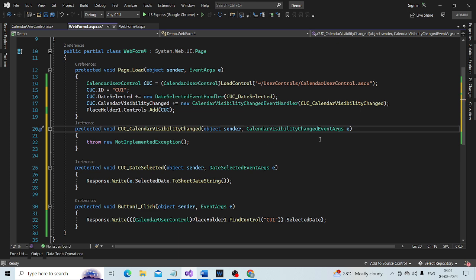Okay, so that is another event handler method. And let's go ahead and hook that up as well.